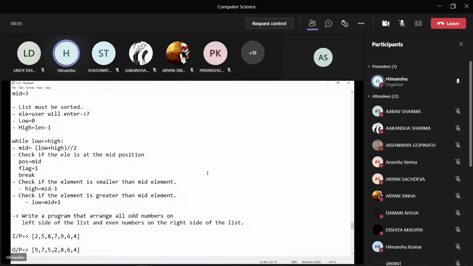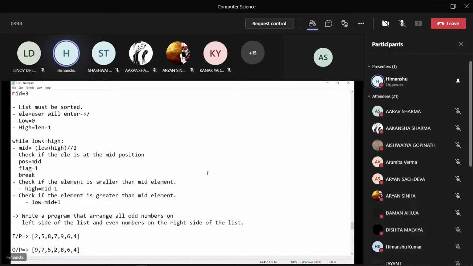This is the task that you have to do. Sir, but pop is another inbuilt function. But Kanak, you have already been told that you don't have to use the inbuilt functions, right? But do we have any inbuilt function to arrange the odd numbers on the left side and even on the right side? Do we have any inbuilt function for this particular task? No. So in that case, you can take the help of other inbuilt functions to perform the task.